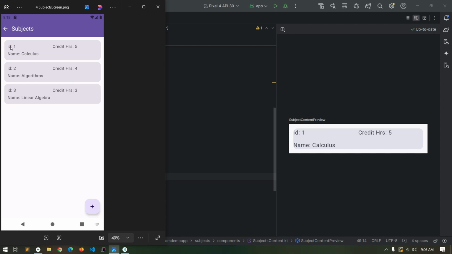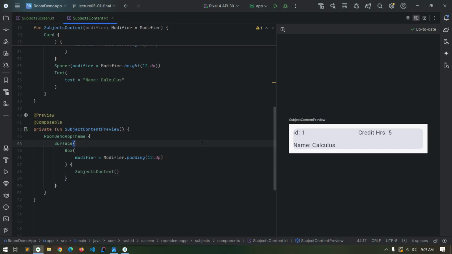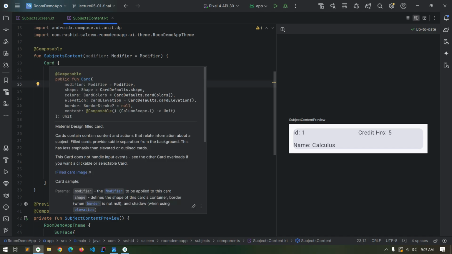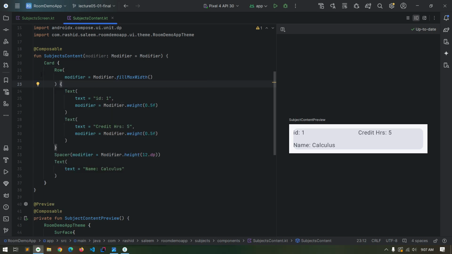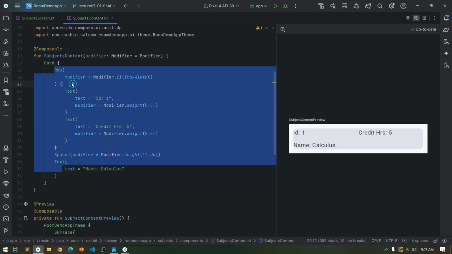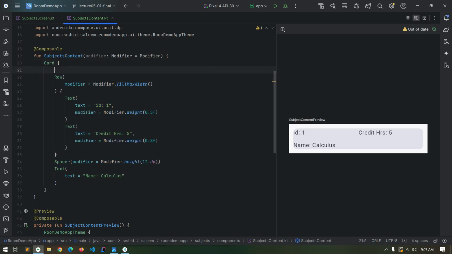We need to add the spacing between the inner content of the card with the border of the card. So to apply the padding, we cannot use the card modifier, because if we apply the padding to this modifier, then this will be considered as margin for this card. We need to apply the padding to the inner content. So for that we need to wrap this inner content in a column,